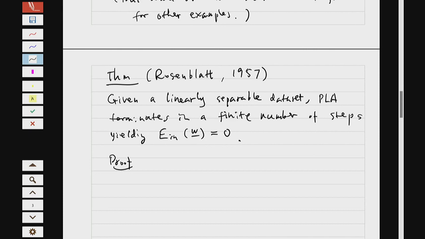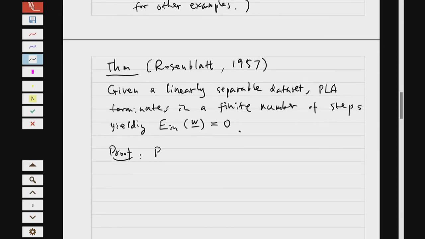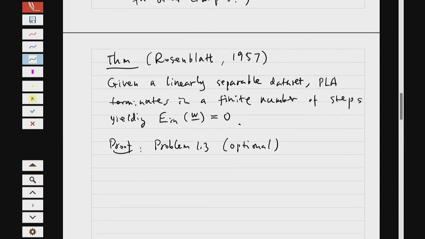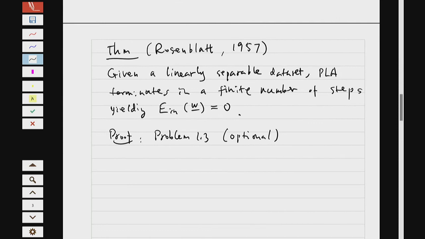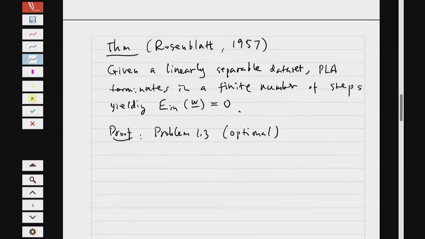was given in that paper. It is actually part of the textbook's homework problem 1.3. I'm not going to assign it because I view this as optional. There are a few interesting steps. For those of you who are interested in this kind of stuff, it's actually quite stimulating. But for the rest of you, if you don't care about how to prove it, that's okay. But it will be interesting to know that the maximum steps until convergence, you can show, is